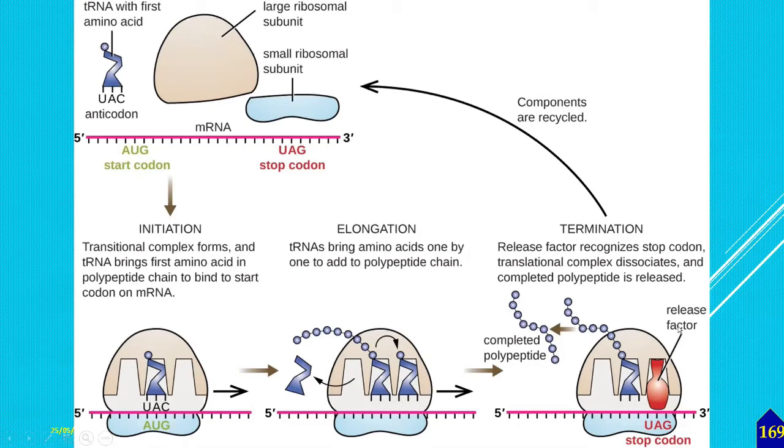Here, all these release factors and other things are going to terminate the bacterial process, and all the different components required for bacterial protein synthesis are released and recycled, like this smaller ribosomal subunit, just like the spare parts of a bike, which are used for formation of another bike after dismantling. So the same process occurs here.